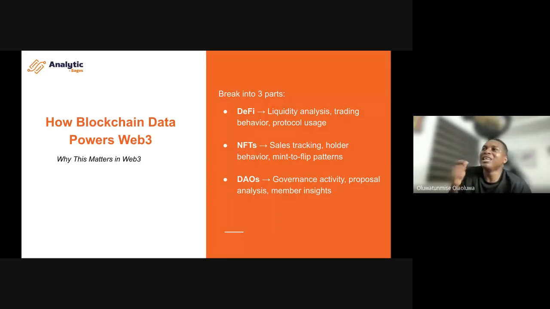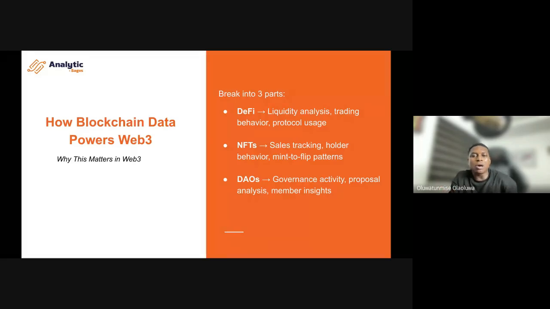Now, you cannot run a liquidity analysis without understanding the ecosystem itself. Even many of us who are on-chain analysts, it will still take you to study the ecosystem, study their white paper, and if possible, you want to even study their smart contract to see how they construct their logic and what the data is expected, the data that is being emitted, and you will now focus on that.